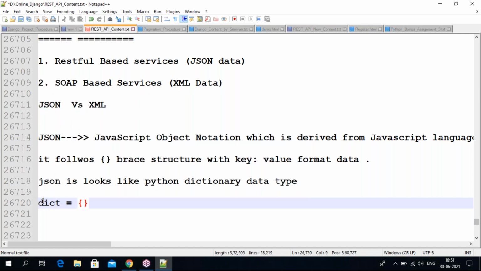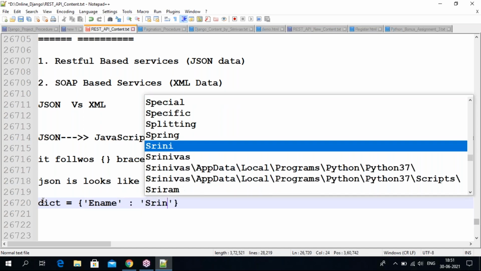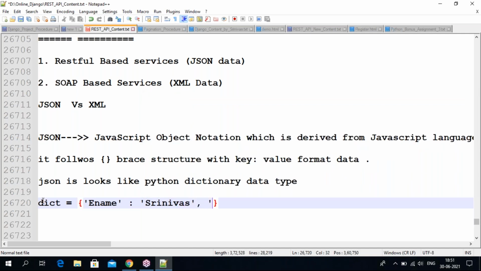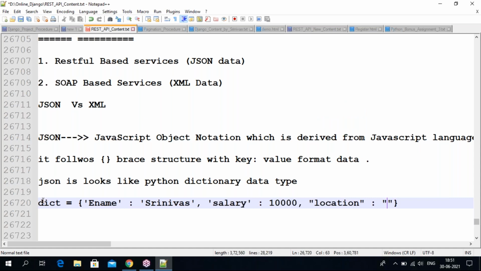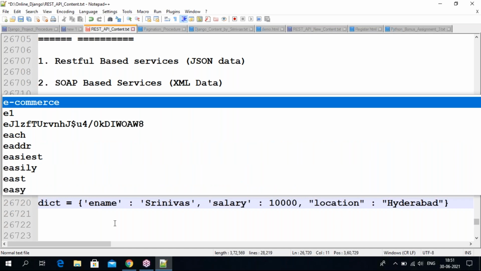I'm taking an employee name, Srinivas. Then salary, I'm taking 10,000. Next, for example, location, Hyderabad. So I've taken 3 fields in total.